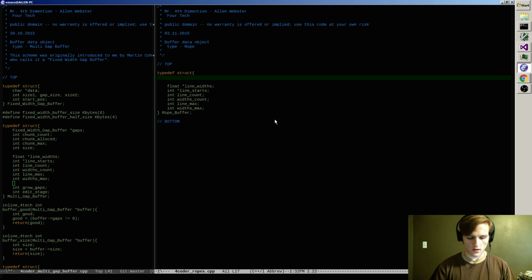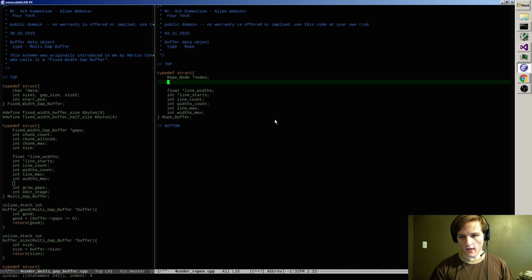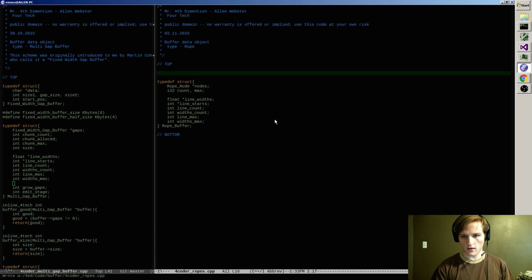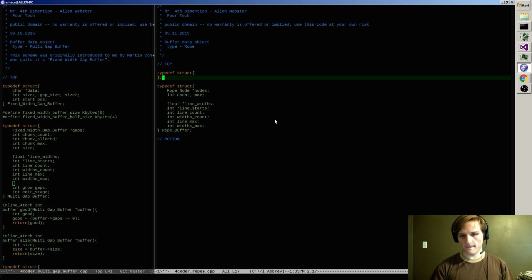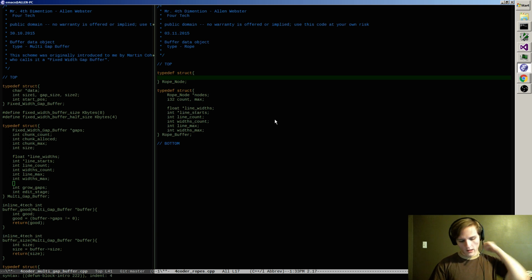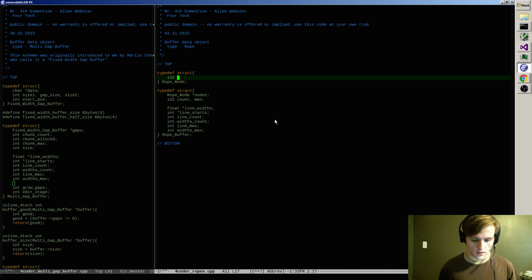So a node is at least something like a rope node array, maybe. So here's all my nodes, and I have a count and a max on that. And I'll have a rope node struct here, and what I need is something kind of like pointers, or in this case I like to use indices, to left, right. I probably need parent,